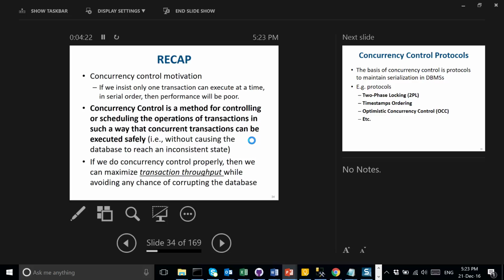Okay, the types of inconsistencies that could happen, we discussed them last time. Can any of you remember some of the anomalies or issues that can arise if we don't have any concurrency control, if we leave it open and any transaction can do anything? What could happen? Lost update. Thank you. One example is lost update.